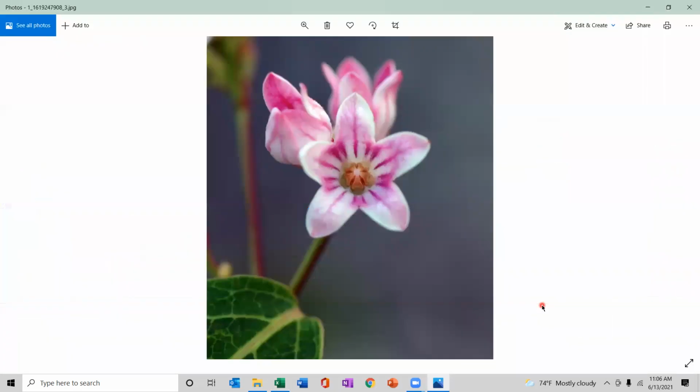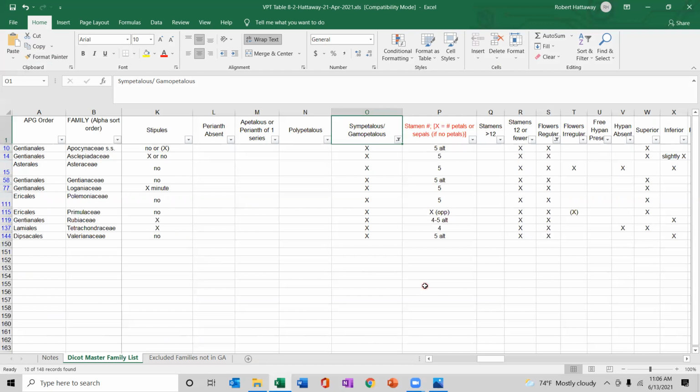The flowers have regular symmetry. Okay, so that helped us to narrow down. They weren't bilateral. You know, if you cut this that way, or that way, that's what you call actinomorphic or radial symmetry. They did get us down to 10. I didn't do that when I was practicing, but